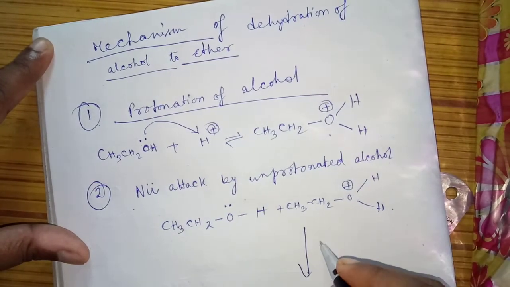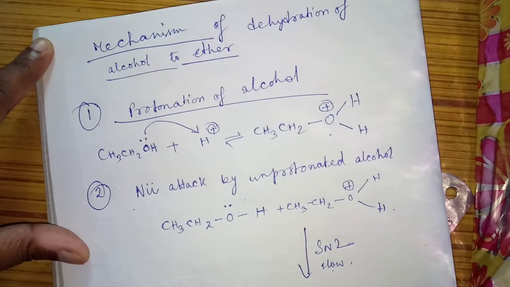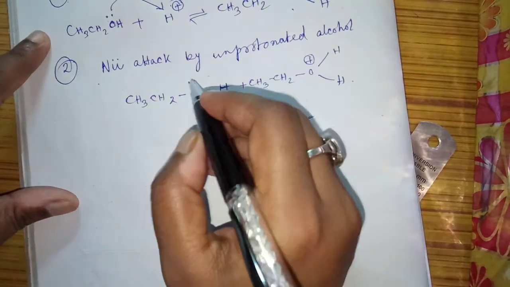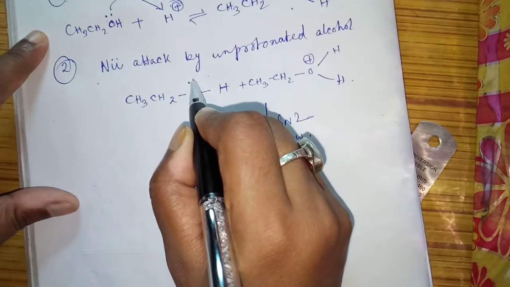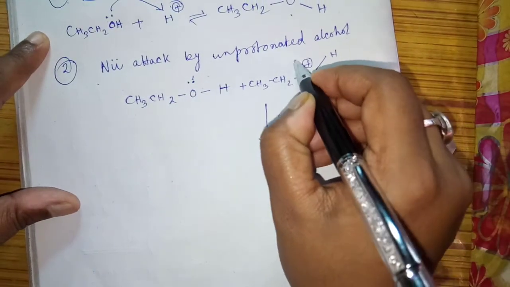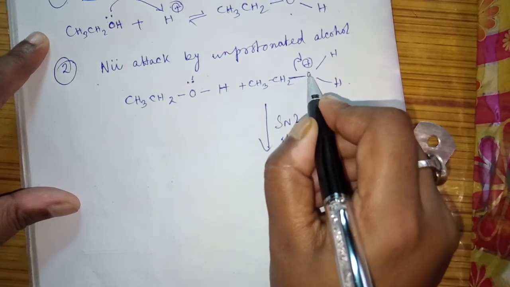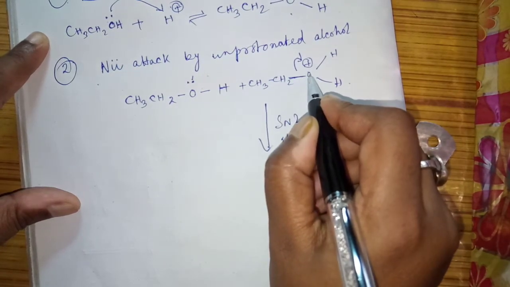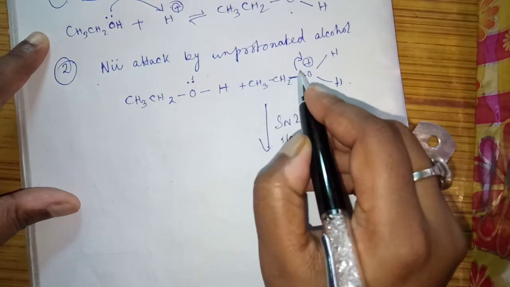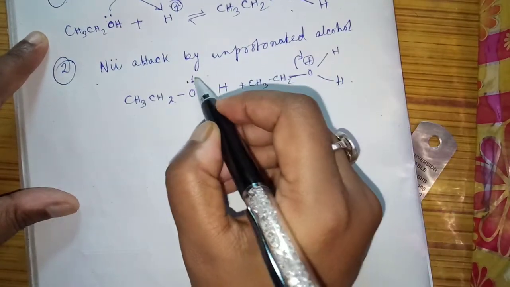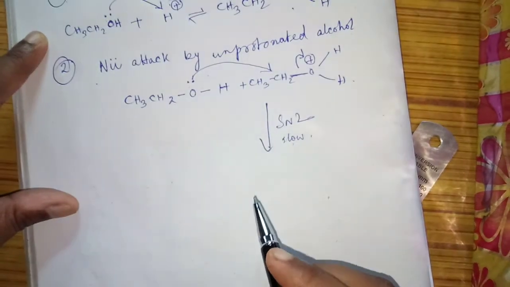This is generally following the SN2 mechanism. So this is a slow step mechanism. So if it follows the SN2 mechanism, what will happen here? It will donate its lone pair of electrons, or it can attack this carbon. See, if this bond breaks this way, because oxygen is positively charged, oxygen will get back its lone pair of electrons. So the bond will break this way, so that this carbon will be positively charged. So this positively charged carbon will be attacked by this lone pair of electrons on oxygen.